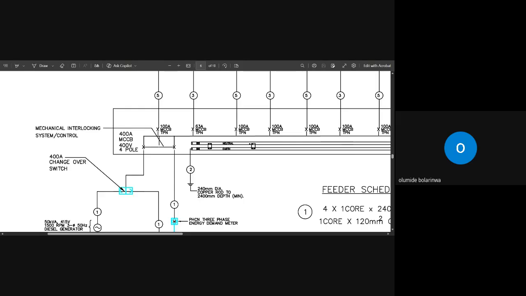It's just like one is tapping from B, and for the other, we are now using a changeover to control it. When there is light, automatically as you are changing your changeover,